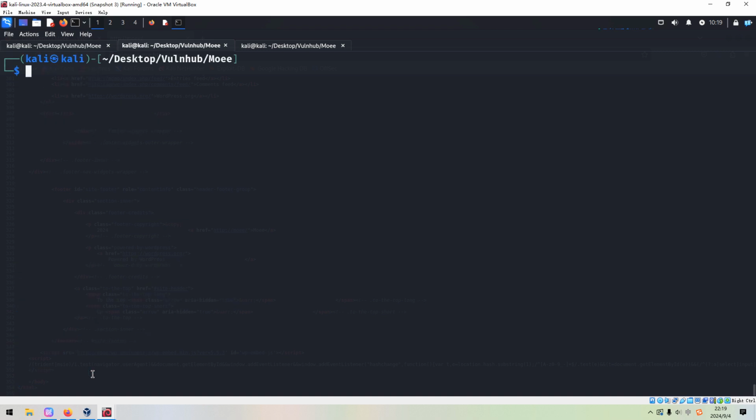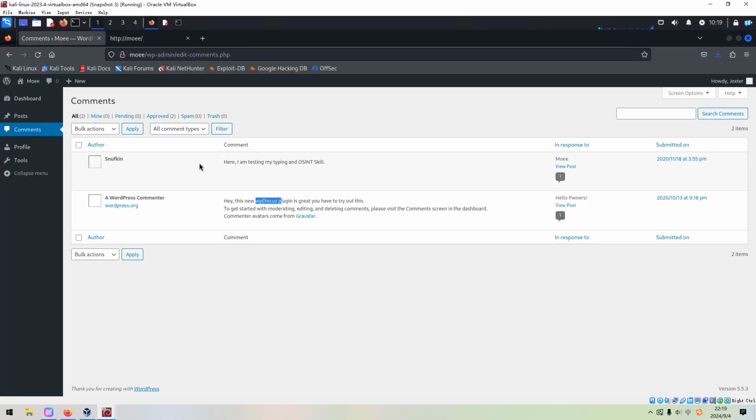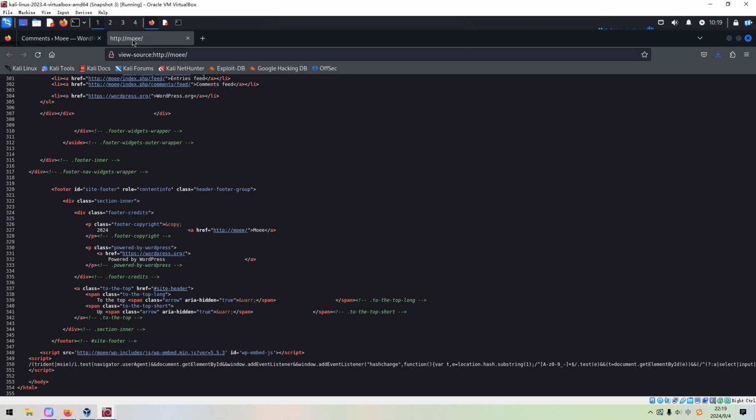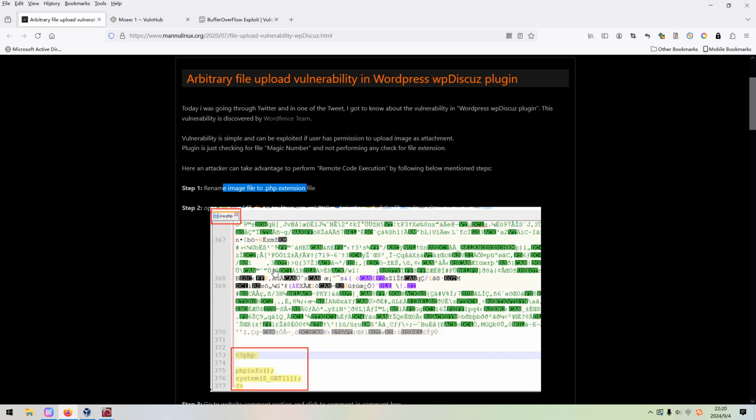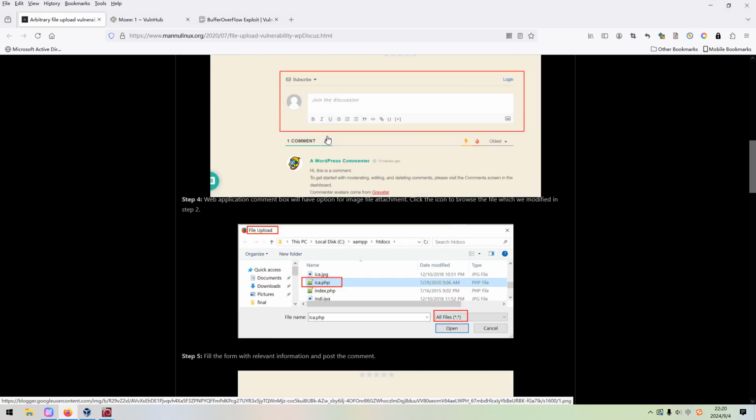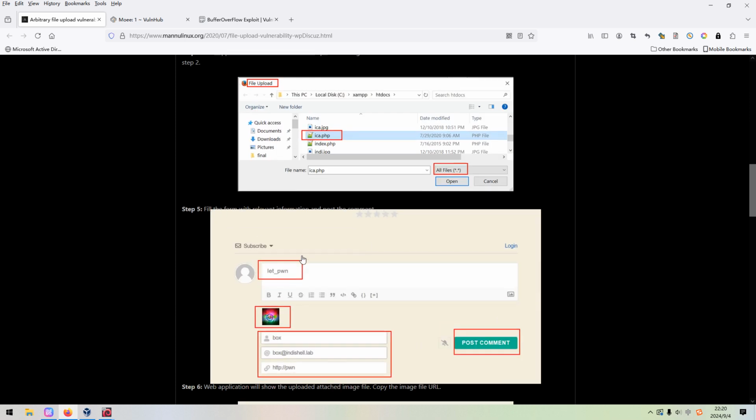So next, I think we can set up the listener on the Kali Linux. So now we can go to any, as this one suggested, we can go to any post and submit or post the photo. Of course, this photo contains the PHP code. Okay.